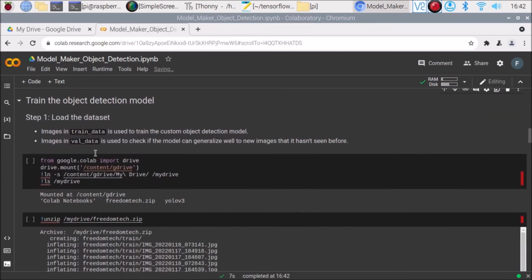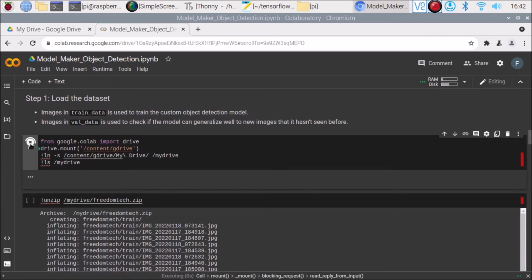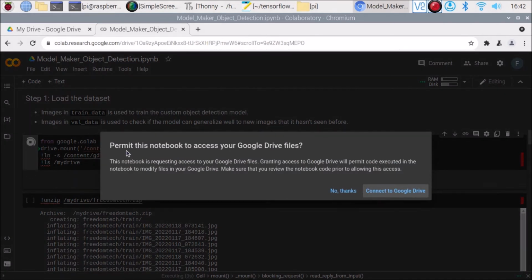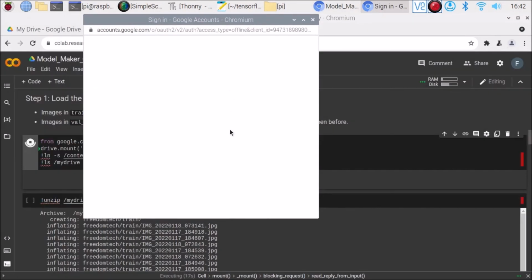Just scroll down and here we need to connect our Google Drive. Click on here and as you can see, it will open this kind of window. We need to set the permission, means we need to give the permission basically. It says permit this notebook to access your Google Drive file. Simply click on connect to Google Drive and it will ask for your Gmail ID.